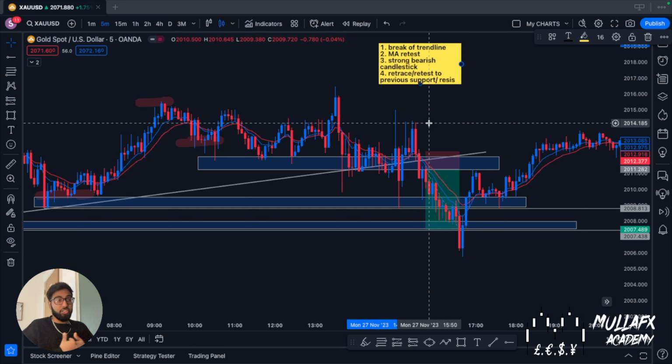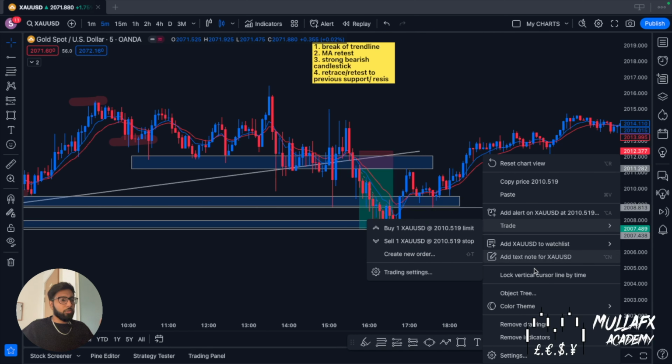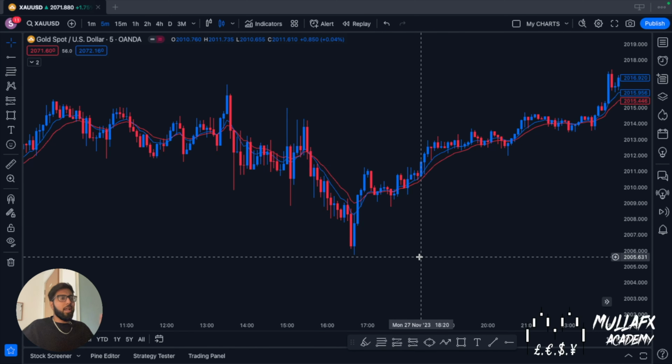meaning that the market should go in our direction. If it doesn't, it's not your fault, it's just the market's fault. If it goes the wrong way, it's not your fault, because you have four strong confluences. It should go in your direction. And that's what happened. Now, if I just remove all of this, the reason why I like the setup is